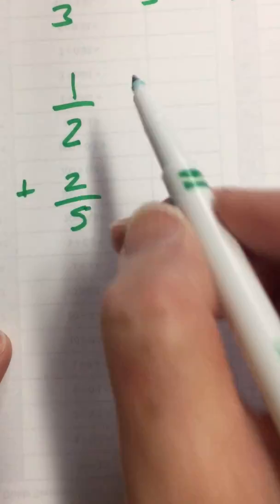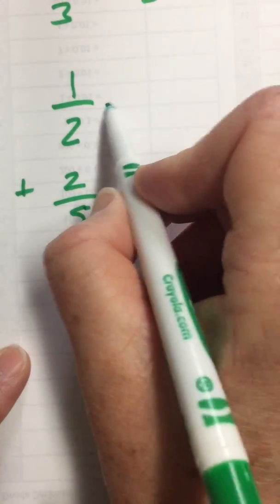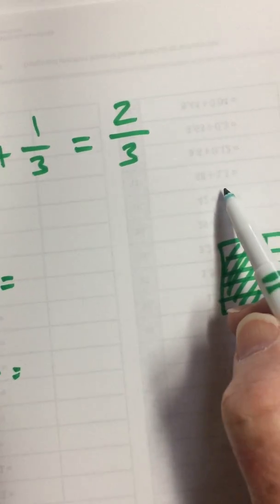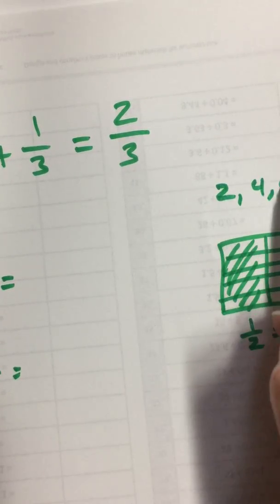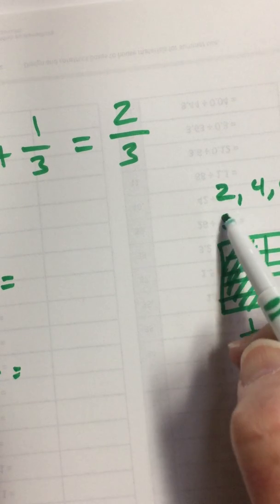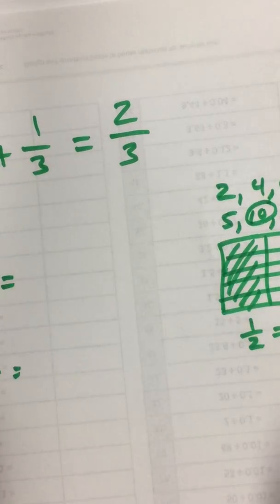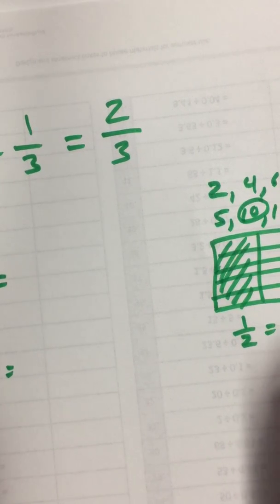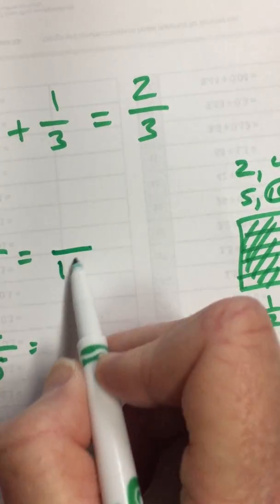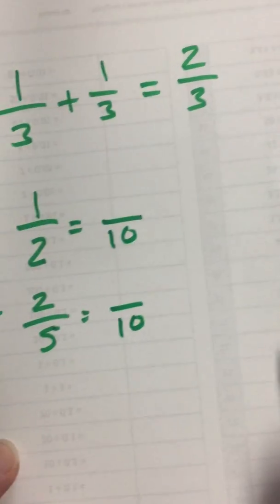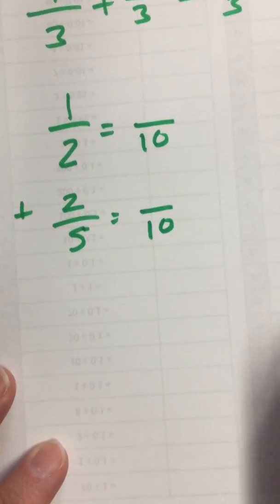So over here, when I get to this problem, I can say to myself, what number do 2 and 5 have in common as a multiple? Well, if I count by 2s, 2, 4, 6, 8, 10. If I count by 5s, 5, 10, 15. Oh, I can see that they both have a common multiple of 10. Okay, and then I can say, I'm going to make a denominator of 10. All right, so if I'm using a denominator of 10,